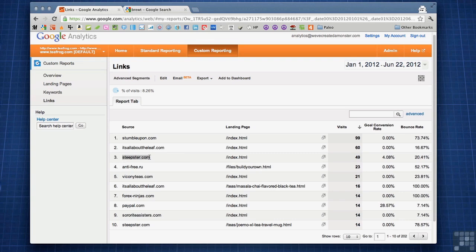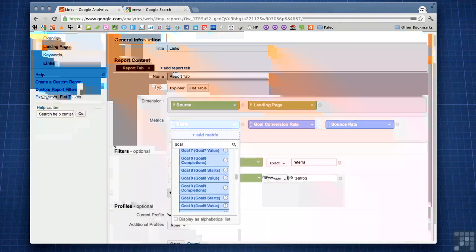This is something that I would want to go and find exactly where they're linking, email them, follow them on Twitter, really engage with the owners of this website because they're clearly